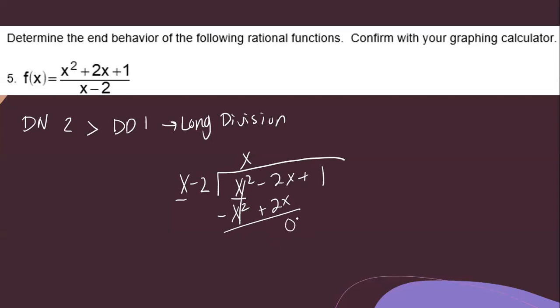-2 plus 2 is 0. And then we bring down. So our remainder is